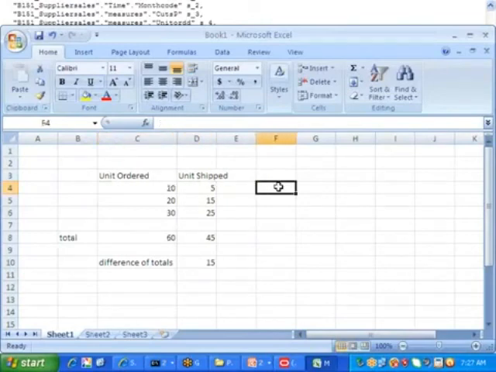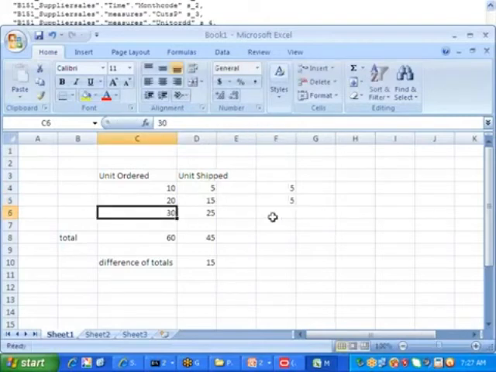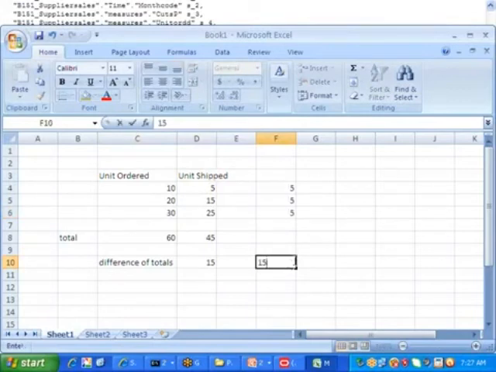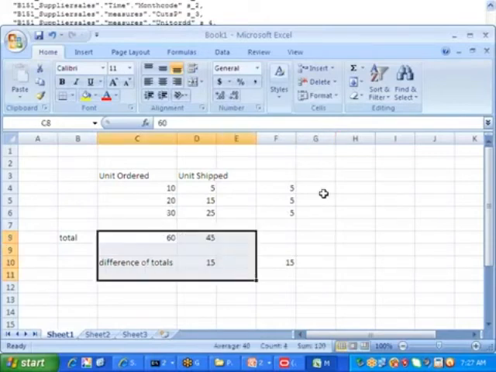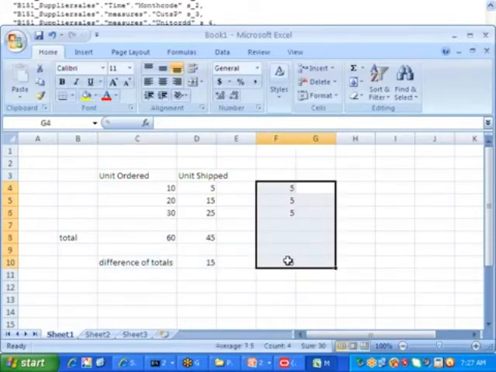I mean to say what exactly it is doing is like this. First it is subtracting these two things. What is the answer, sir? 5. What is the answer for this two subtraction, sir? 5. What is this total subtraction, sir? 5. Then what is this total sum, sir? That is 15. Like this it is doing. Individual rows it is subtracting. After that the individual row differences it is summing. Correct or not? Anyhow, if you do like this or if you do like this, both give one and the same result. But how it is doing, I need to understand. That means first it is summing, then subtracting, or first it is subtracting, then summing.